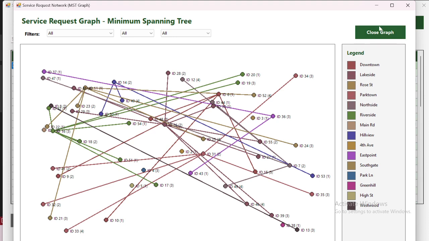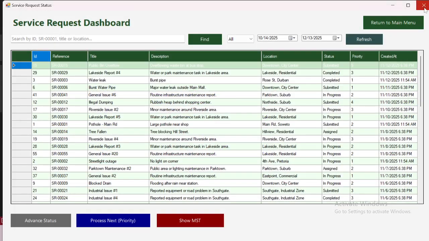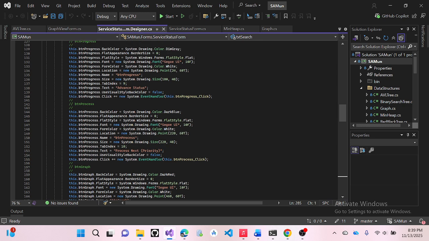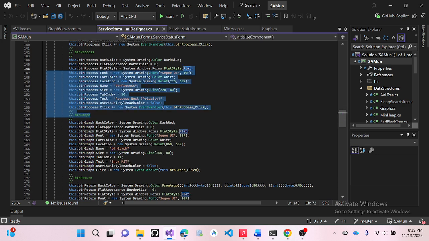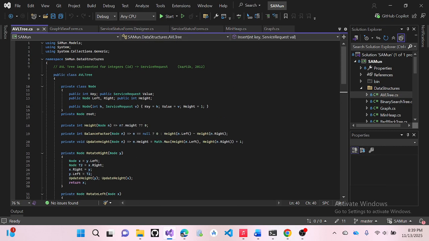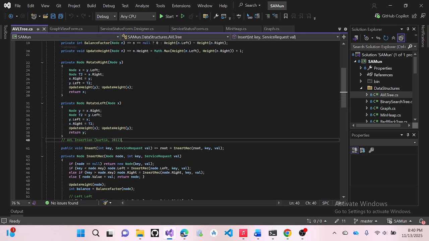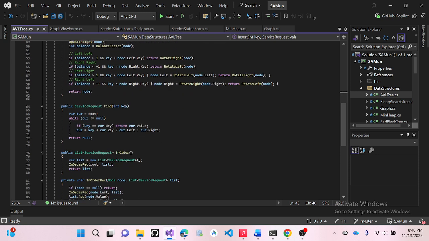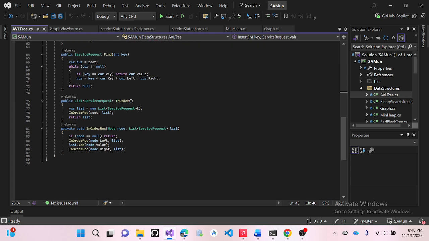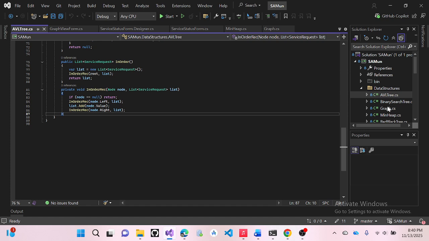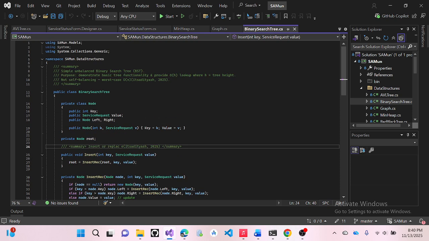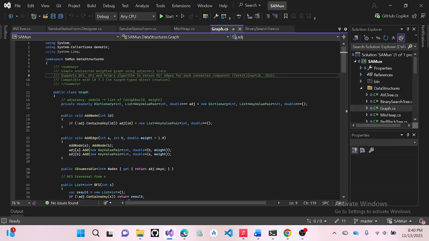But yes, now to the code. Close graph, to the back end of our code. Yes, these are our data structures, our AVL tree. Here's our insertion. Here's when we're searching for values for a particular key. Our binary search tree, our graph,